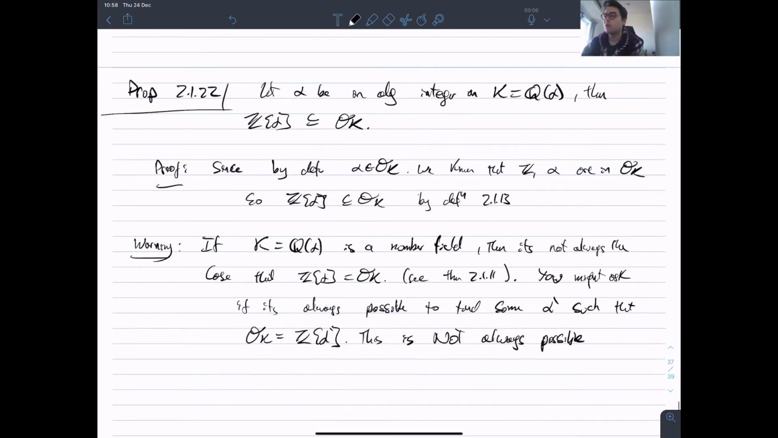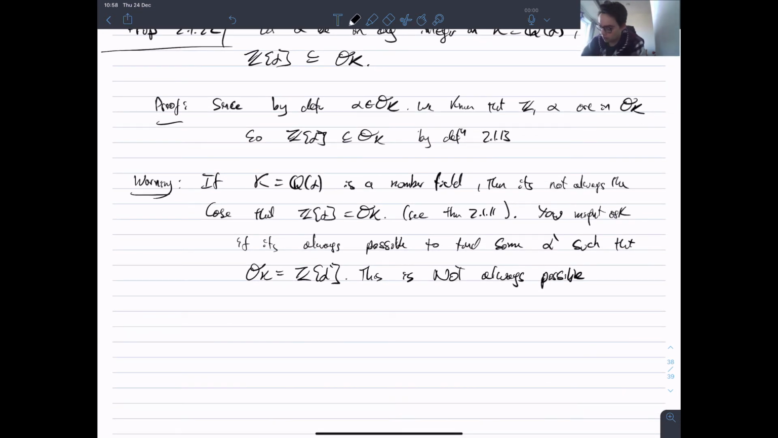This is not always possible. In other words, these rings of integers aren't always generated by a single element. You can have rings of integers which generally need 2 or more elements to be generated by. It's not always possible. For example, I'll give you an example, but this would be hard to check. For example,